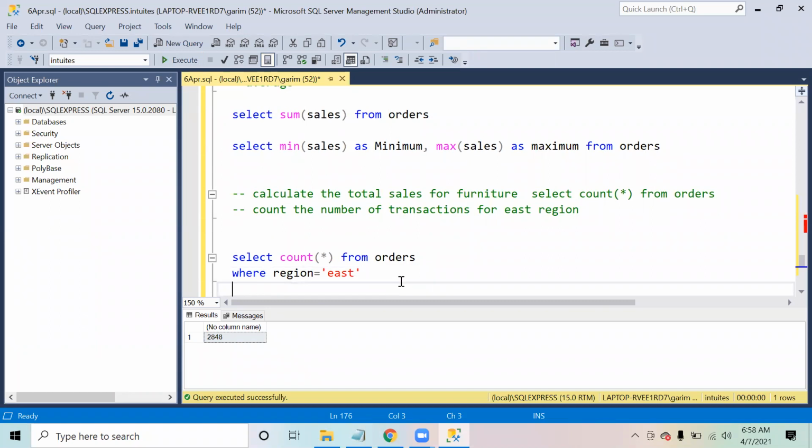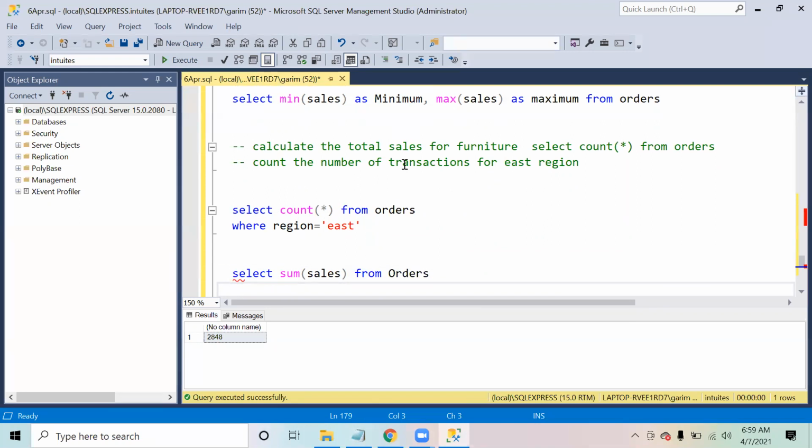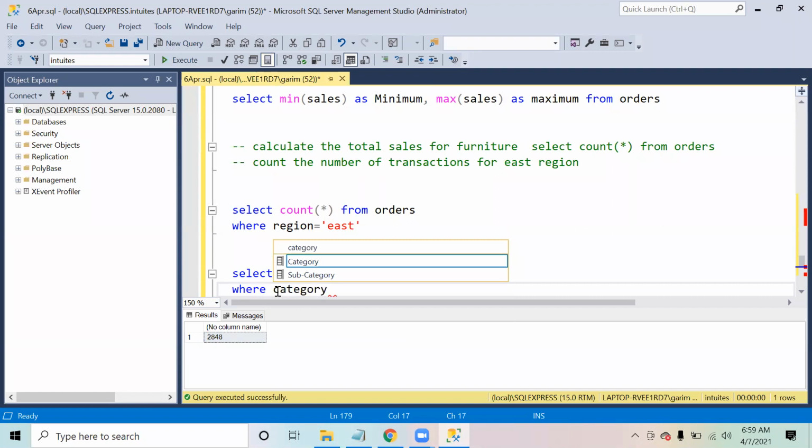And in the same way, if you want to calculate the total sales for furniture, that will become select sum of sales from orders where category is equal to furniture.